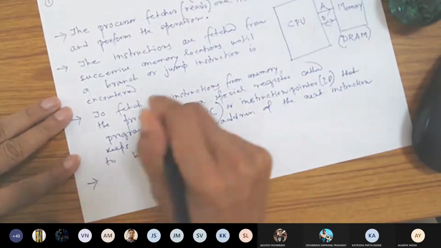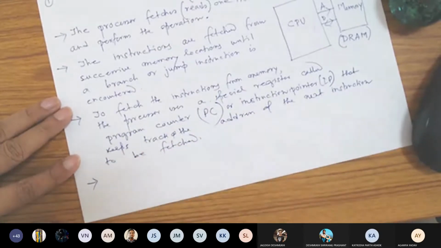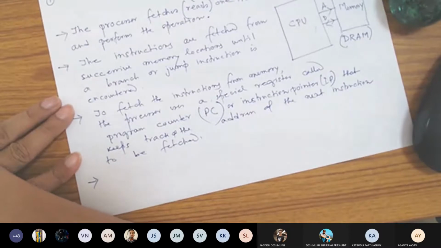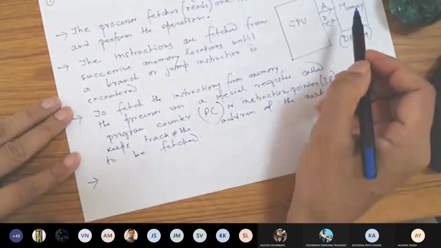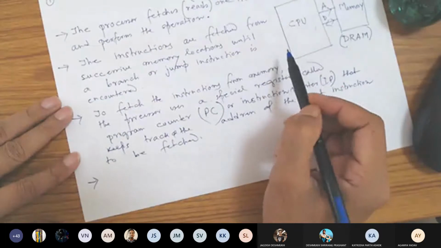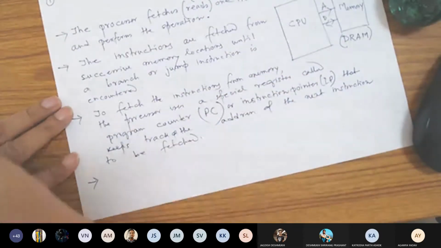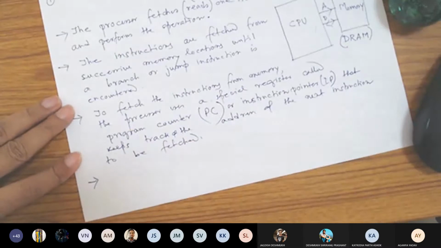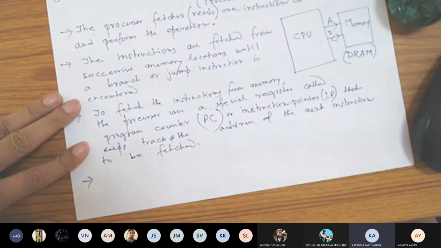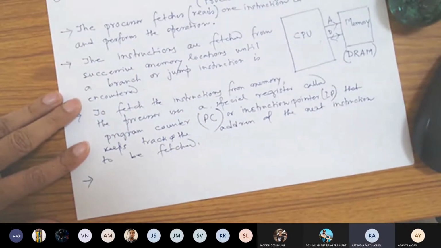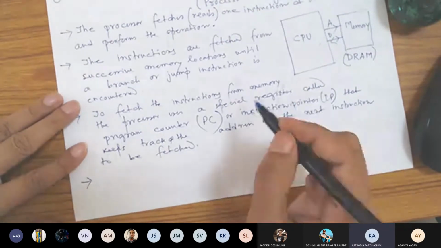What next? What should be the next step? So you brought the instruction from memory to the program counter. Now, by the definition of this program counter, what shall it do?